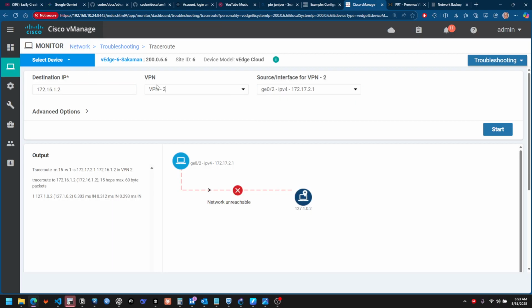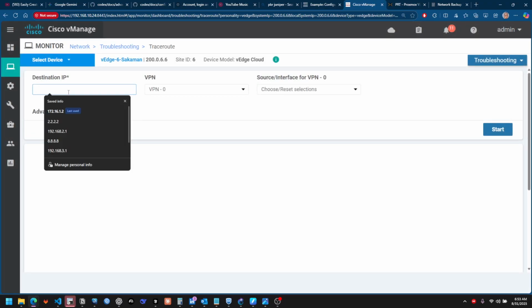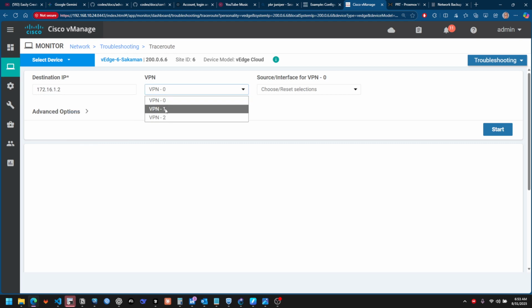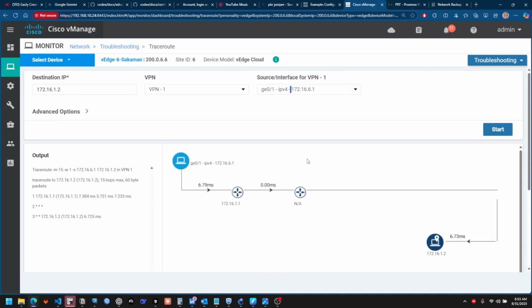So let me just refresh the page, and let's test the connectivity for VPN 1. So the destination IP is this VPN 1. Choose the VPN 1 interface. You notice that when you choose any VPN, by default, it's going to choose the interface. So let's do a start and see what is going to happen over there. And as you can see, the trace is going through to the VPN 1 because you're using VPN 1 to